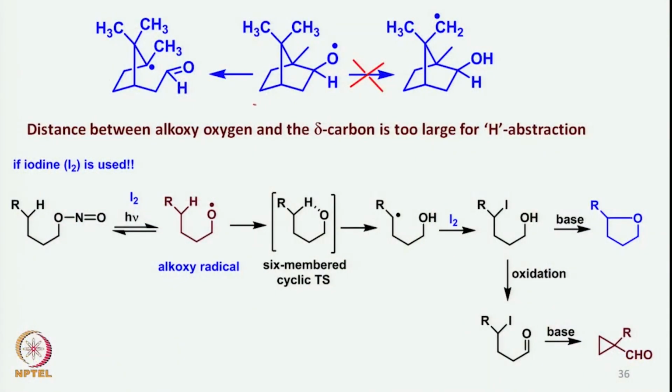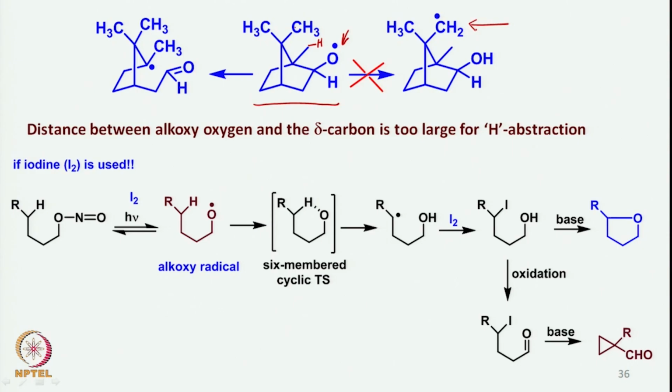For example, if one starts to form the corresponding oxygen radical from the corresponding OH via the ONO type of molecule, then you generate a radical here like this. Now, this radical obviously cannot form the 6 member transition state with this, because you have 1, 2, 3, 4, 5. This is a 5 member transition state and not a 6 member transition state. The other possibility is that you have 1, 2, 3, 4, 5 and 6. So you have a possibility of a 6 member transition state, so that you can generate the radical at this